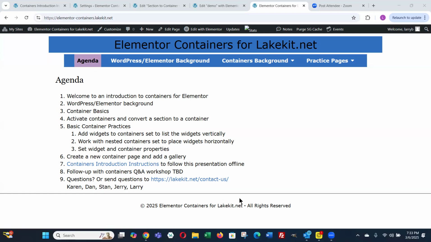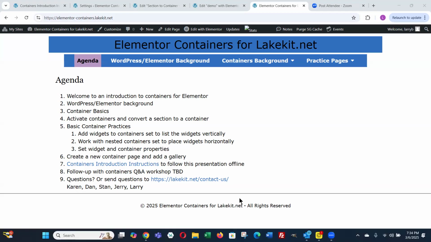So Larry, that's an obvious question then. Will sections be not supported at some point? I'm not aware of anything like that. What brings to mind is watching some YouTube videos about using containers.